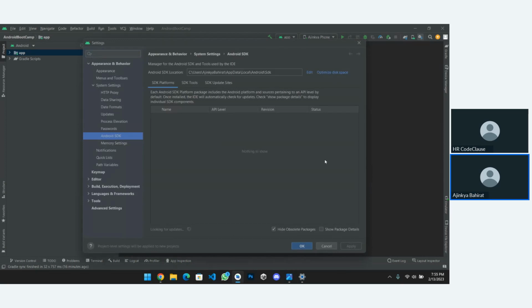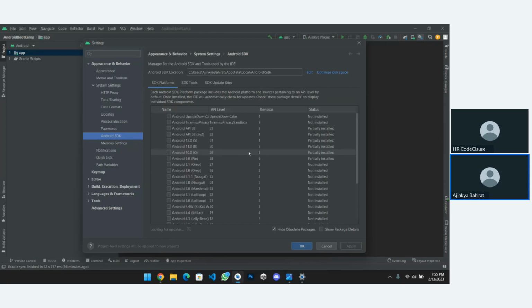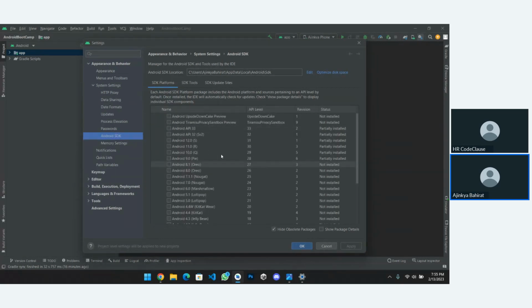As you previously saw, SDK manager is nothing but the versions in which we are testing our application, or which we are currently installing. Suppose your device has Android 9.0. Just click on it and apply, and it will download Android 9.0. Currently I'm not doing that because my Android version is 11, I think. That's why it says partially installed. If it is partially installed, it will also work. If it is not installed, you can just click on it.